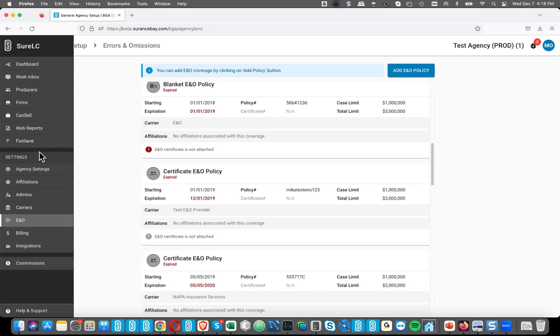And then we had a couple of questions about the effect the new version will have on existing communications that agencies receive today, namely emails, and if there's any impact or changes. No, if I understand correctly, whatever emails that you're getting from the system today will not be impacted. Those same triggers exist, all the same processes exist for sending emails to your agency based on actions that happen, like a producer registers or submits a contracting request. You'll still get all those same emails.